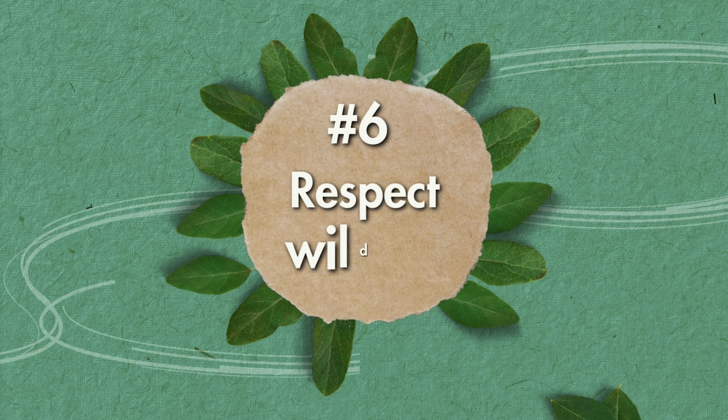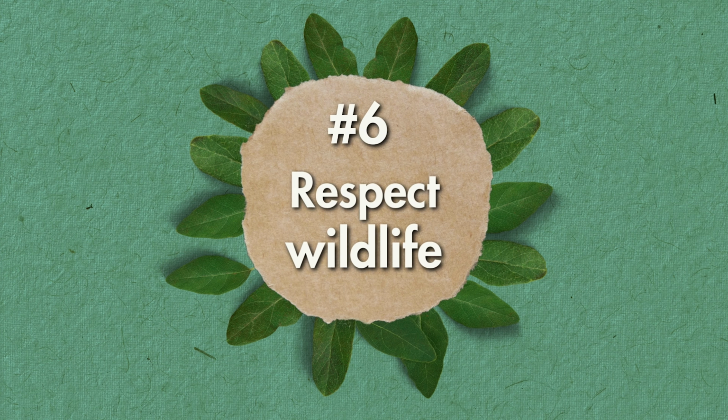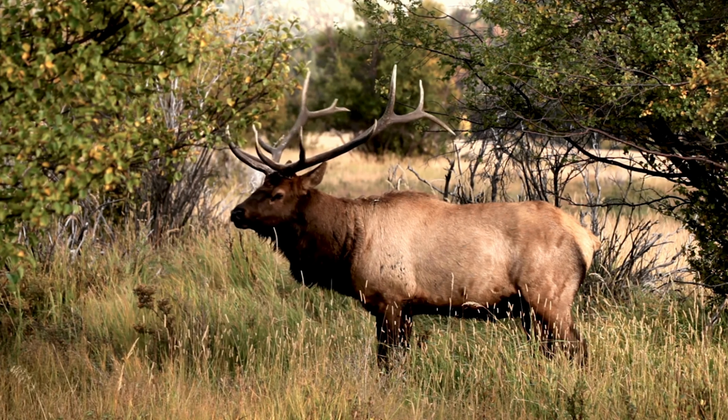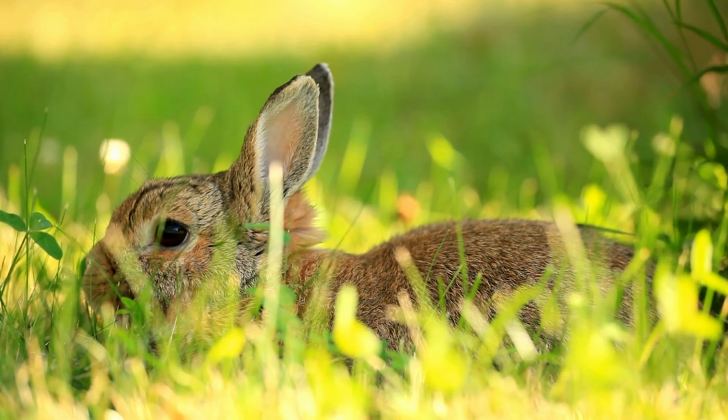Number 6 is respect wildlife. 3 fingers in each hand and make antlers. So wildlife is going to be all over, especially if you're in the woods and not a traditional campground. What you want to do is use the thumb rule. So if you take your thumb and you point it at whatever wildlife you're looking at, whether that be a